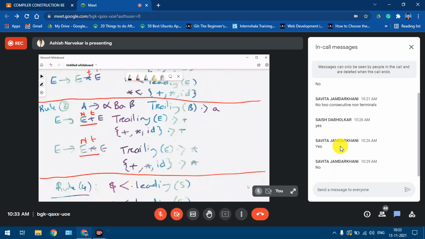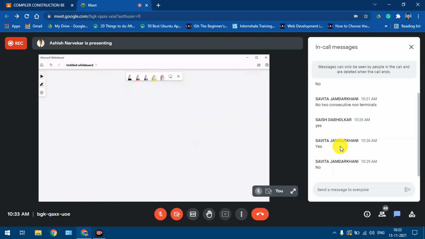So already we have discussed the remaining part, as in how to go about the problem till the step number 6. Okay, right, in the earlier classes. Now what I want to ask you is, are you okay with understanding how do we convert a non-operator grammar to operator grammar?